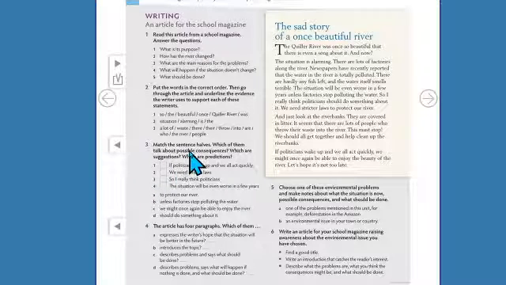Which of them talks about possible consequences? Which are suggestions? You know what is a suggestion. I suggest you to do this. I suggest you to go to the doctor if you feel sick. So, which are predictions? What are you predicting? Like, if you do it, you will. Remember? So, first, please do this activity. Then we are going to go to activity number 4.